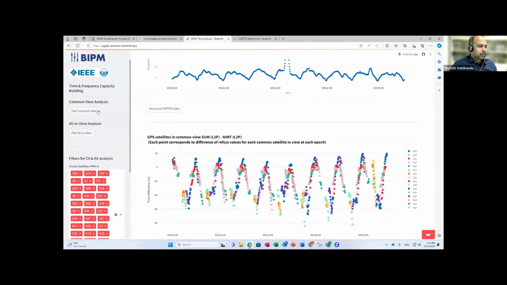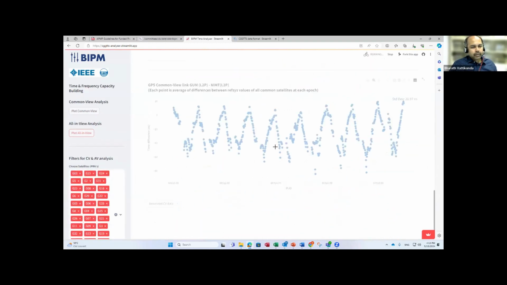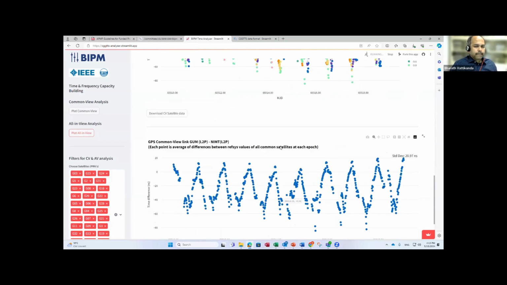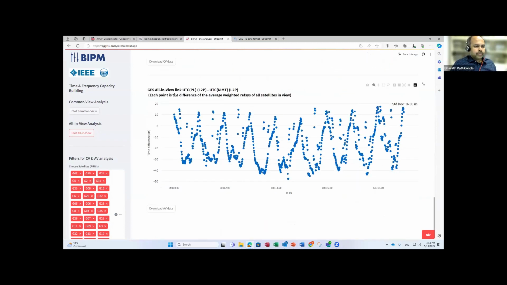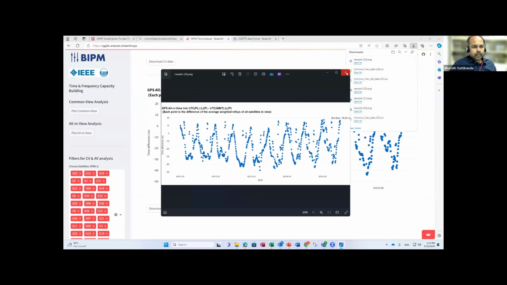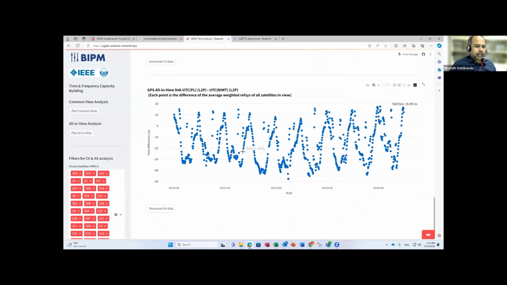Right. And one more option is you can also perform the all-in view. So just below the common view, we have the all-in view. GPS all-in view link between UTC PL and UTC Thailand and MIT with the L2P signal. So this is a description. In the application, you can just download this picture as it is. Just click on this option, so you can analyze, or you can download this corresponding data as a .csv